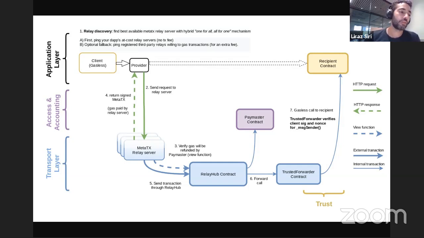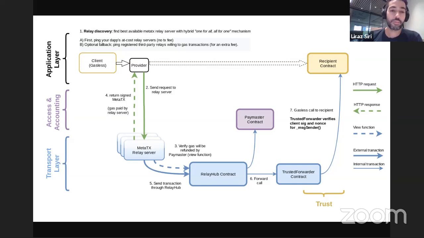This is a third party that it will provide the transaction to, and then the relay server agrees to pay for the gas by essentially wrapping up the client's transaction in a meta transaction. This is a transaction inside a transaction. That's the trick meta transactions are based on. And what the GSN does is it helps